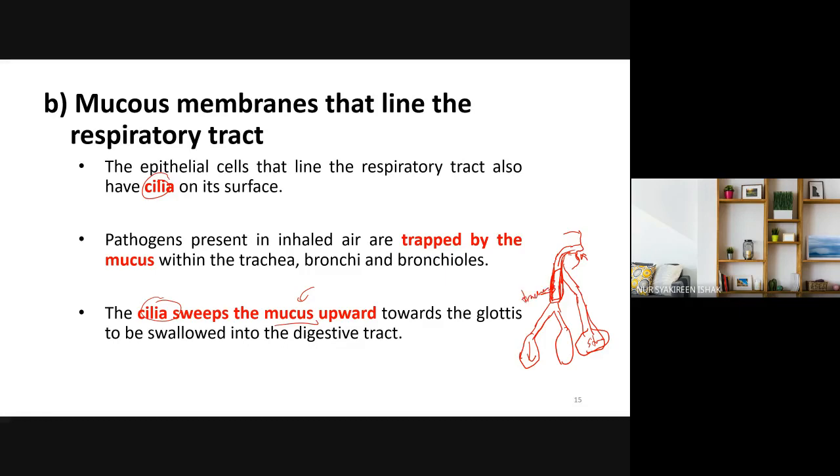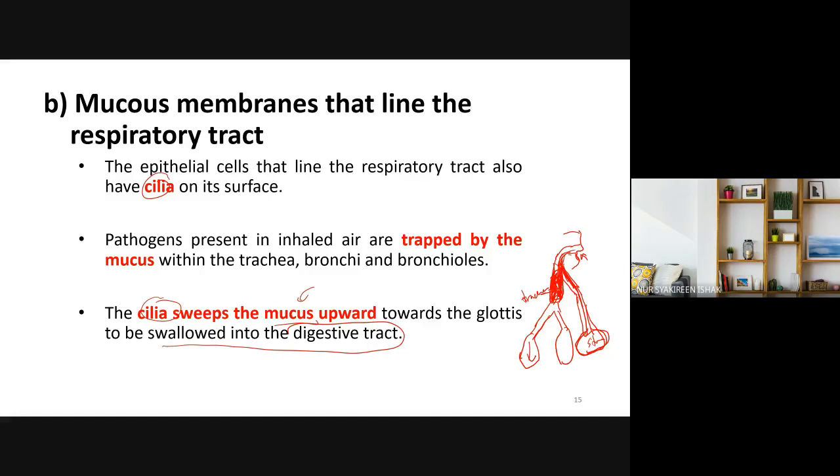Okay, trachea ni akan ada cilia, right? Dia akan ada cilia dan dia akan ada mucus. So the air that you inhaled in akan trap dengan mucus secreted. Cilia tu akan move upward. Dia move up, dia akan swipe the mucus that trap the pathogen upward, and then dia akan masuk ke dalam esophagus lah. Esophagus, dia akan swipe supaya dia masuk ke dalam esophagus dan to be destroyed in the stomach. Itu fungsi dia. Okay, cilia is to swipe mucus upward towards the glottis to be swallowed in the digestive